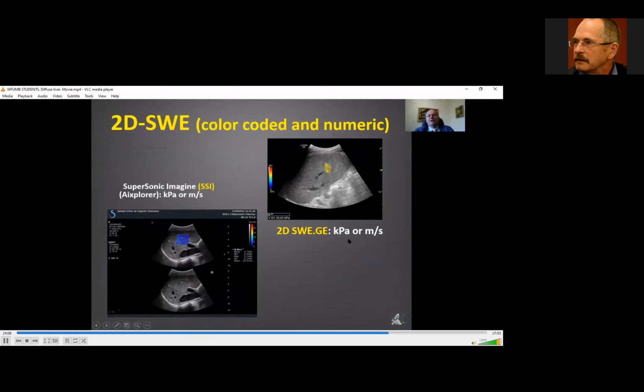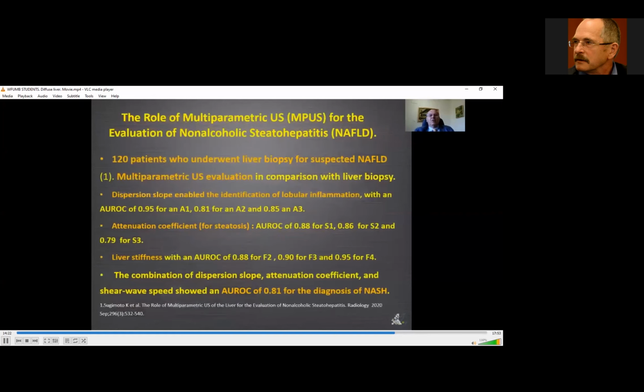we have a value. And here we can see the color, this time yellow somewhere here. Then it's fibrosis, and the value is 20 kilopascals, which means it's liver fibrosis. Then it's a very good method, color coded and numeric. Then at this moment, we have in our hand, on the other